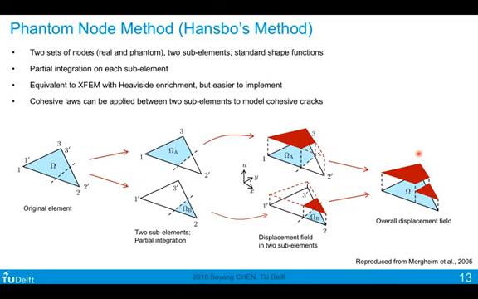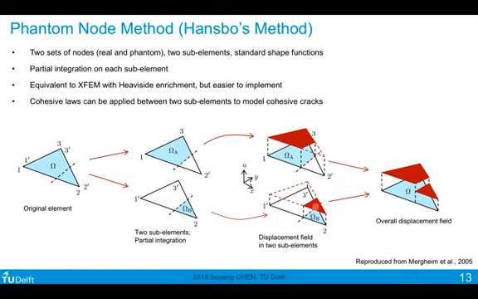Conceptually, it is simpler and more straightforward, in my opinion, at least, than XFEM. In XFEM, you work with enrichment functions, while in the phantom node method, you simply subdivide the original element into 2 sub-elements. The 2 solutions are actually equivalent to each other. You can see in the schematic drawing that when the crack appears, you partition the original element into two sub-elements, each with only part of the domain being active. Then each sub-element has its own interpolation.